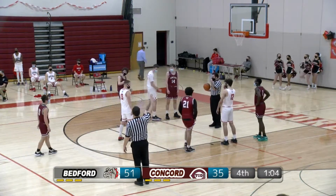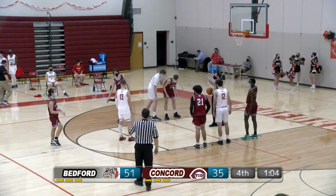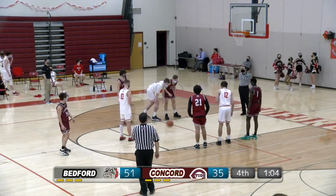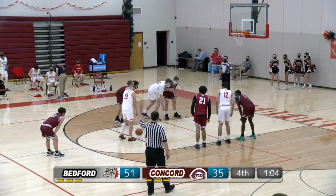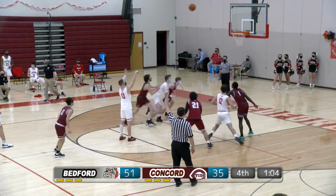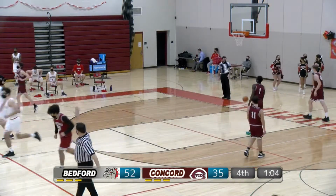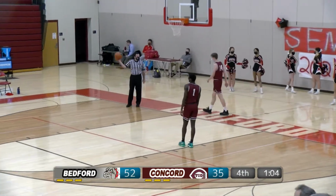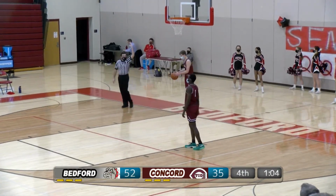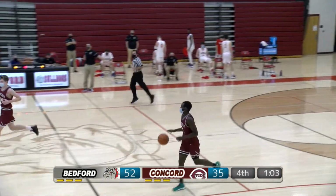Kaliza heads to the bench on a nice night for him. Great foul shooting. 11 points for the senior. Andrew Grudinskas comes in. O'Connell takes the second of two, and that is good. O'Connell has 12. And he'll end his night as Matt Ferrucci checks in for the last minute and 6 seconds. 52-35, 17-point lead